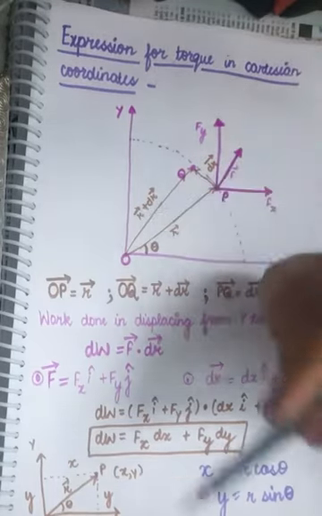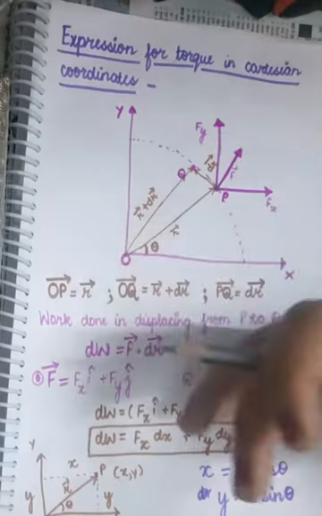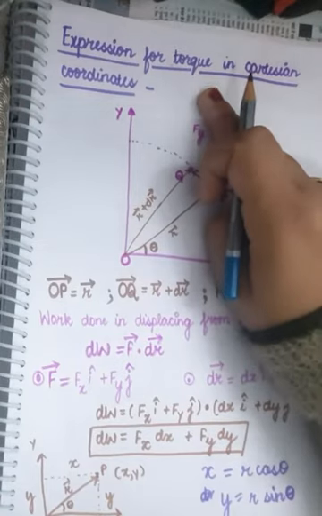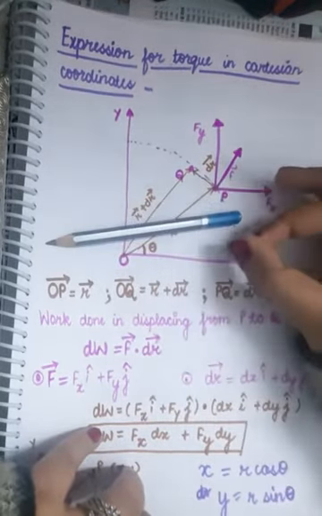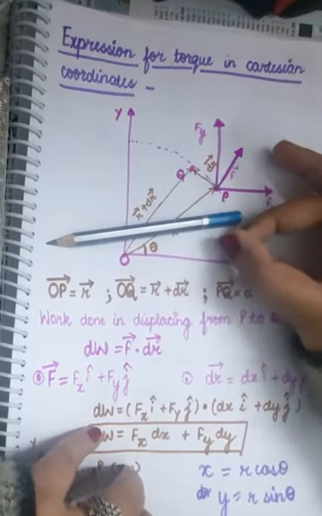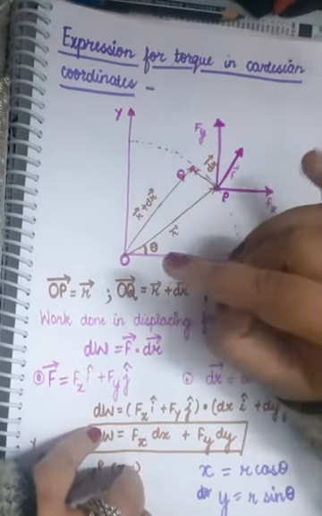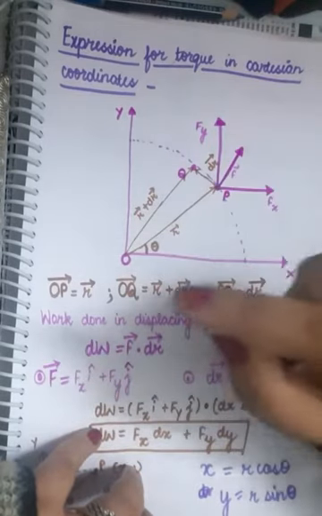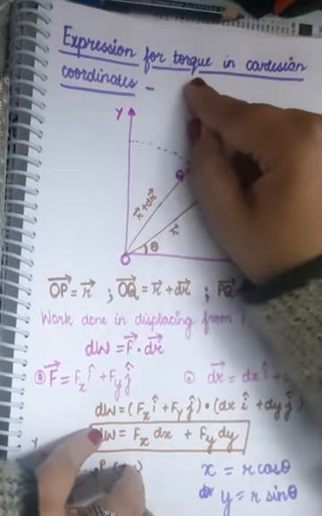I told you that whenever a force rotates some object, that rotational effect of the force is known as torque. The more rotational effect, the more the torque. So torque is something related to rotation, right? When you apply a force at one of the ends of the object, it is going to rotate. This clearly means that the force you applied caused rotational motion. So that's the rotational effect of force, and that rotational effect is known as torque.